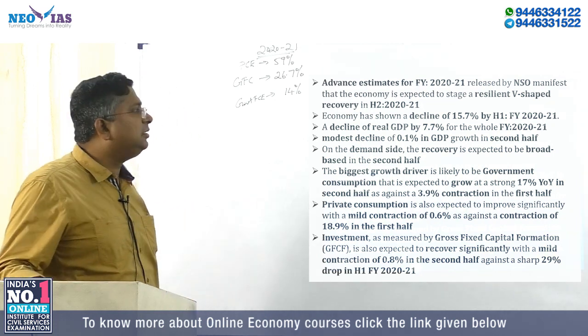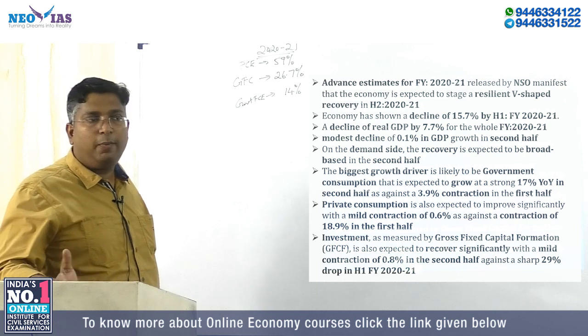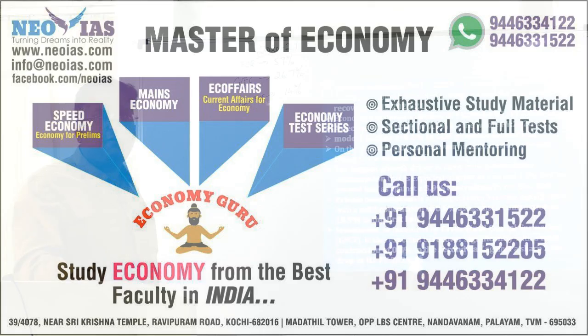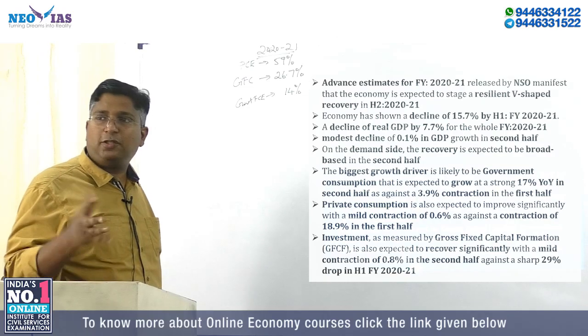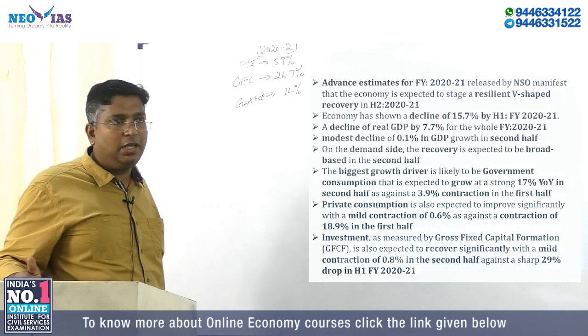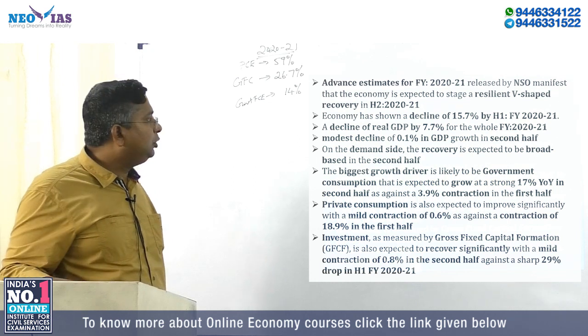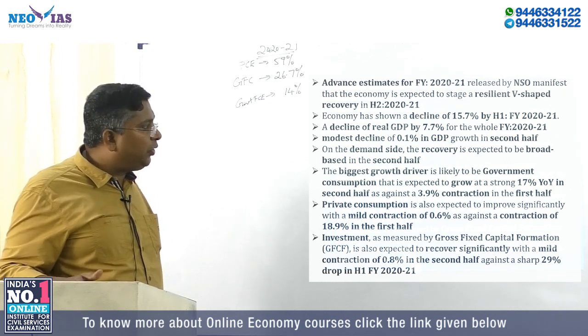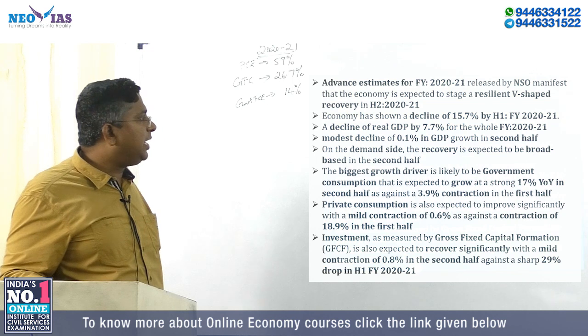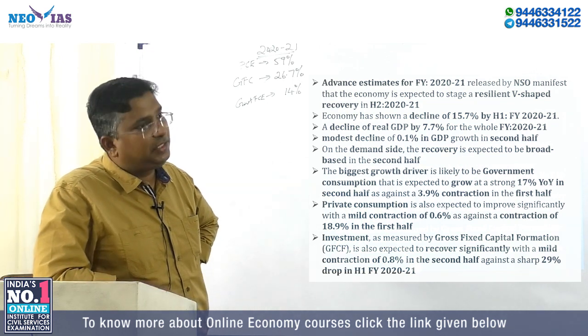And this fact is not important, but since the economic survey is saying it, the economic survey is making a comparison between first half and second half. We know the quarter result. NSO releases only quarter data. NSO will not release half yearly data. Q1, Q2 like that only it will release. So by combining Q1 and Q2, you will get H1. So by combining Q1 and Q2, the economy has declined by 15.7% in the first half.